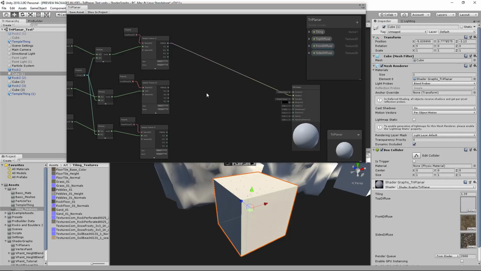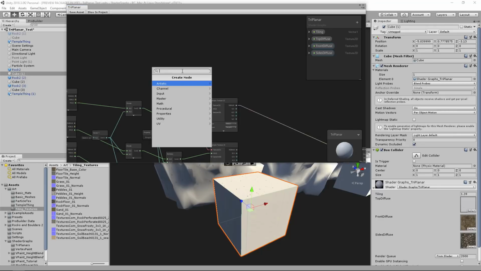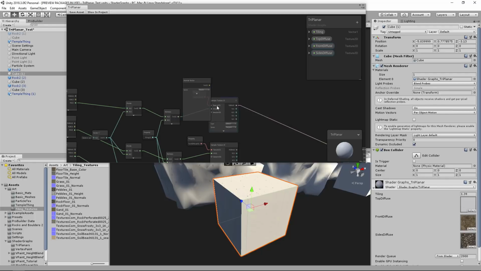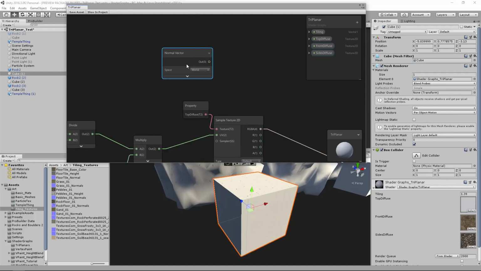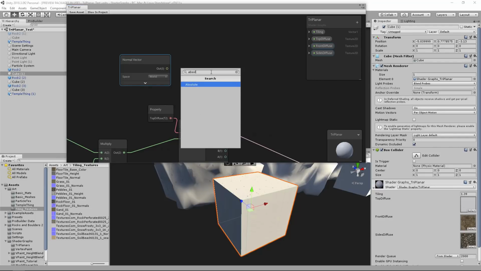We need to mask it out, and the way that I've worked out how to do that, I don't know if it's correct for Shader Graph or not. I've only ever built a triplanar in Shader Forge, I believe. So yeah, everything from this point on, I'm not sure if it's the best way to do things, but it's definitely the way that I got it to work. So we're going to get a normal vector node, and we'll keep it at world space for now. And then we want to get an absolute node,